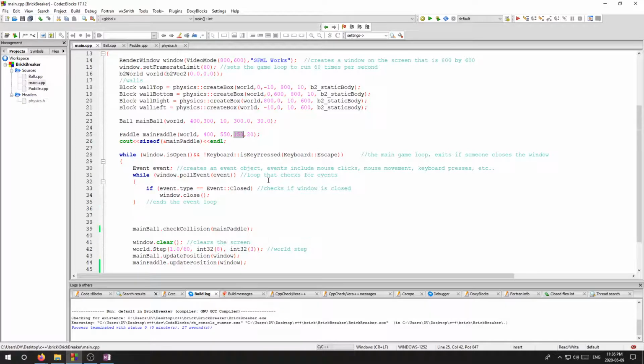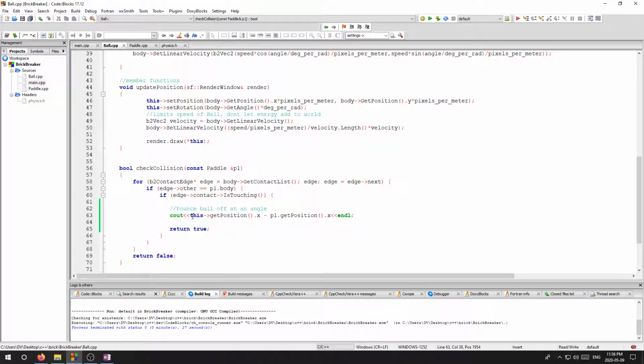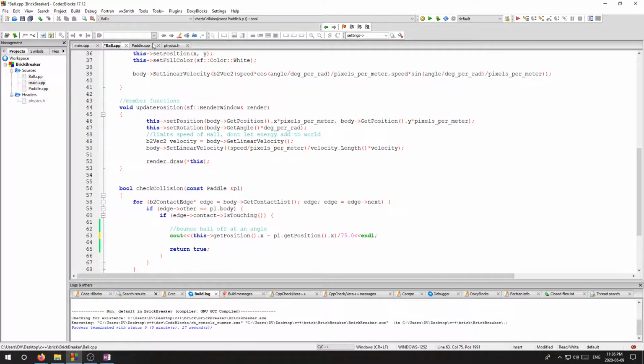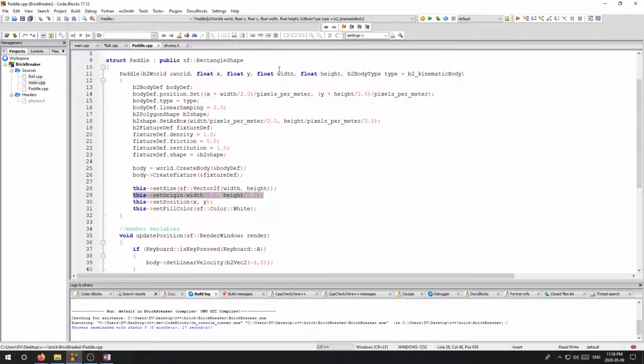So let's go back here and say, okay, well, the biggest number this can be is 75, and the smallest number it can be is minus 75. So I'm just going to divide this by 75, right, like that. I could also, if I want to be proactive about it, and my paddle may change later on in my game, right,